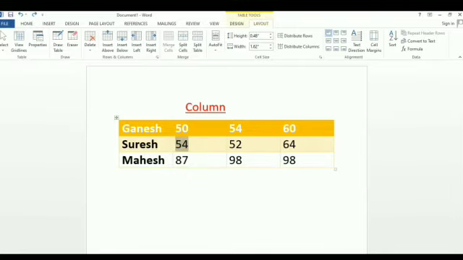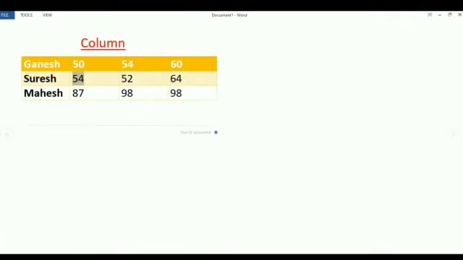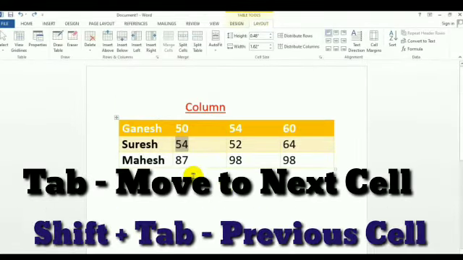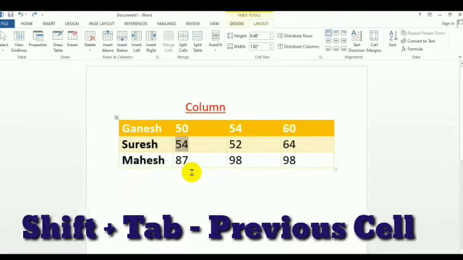So we can change the value also, we can alter the table. See, this is the reading layout actually. Reading layout can open.